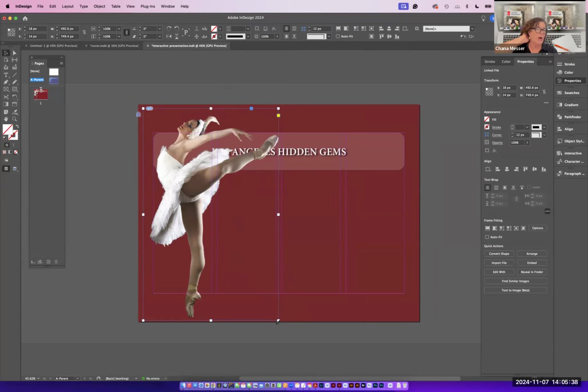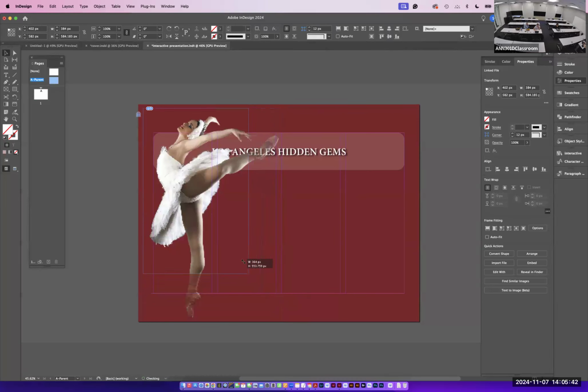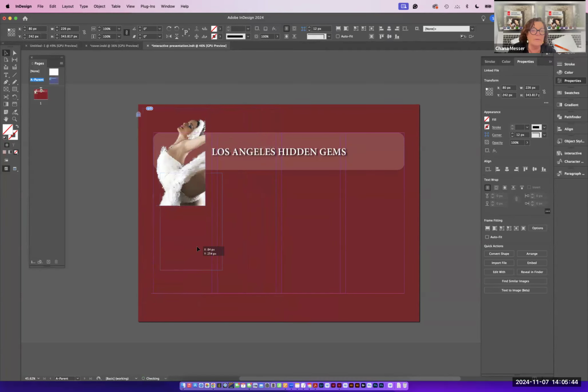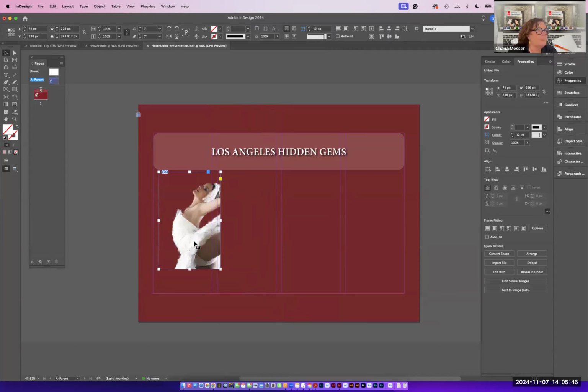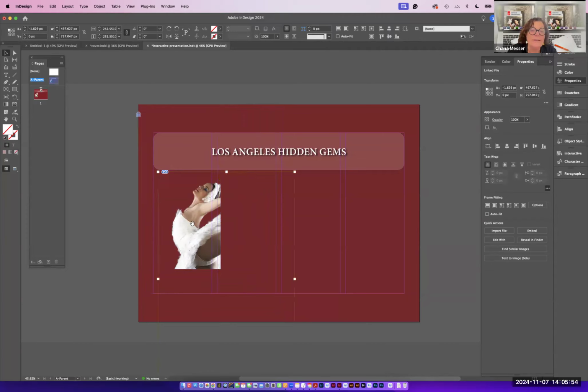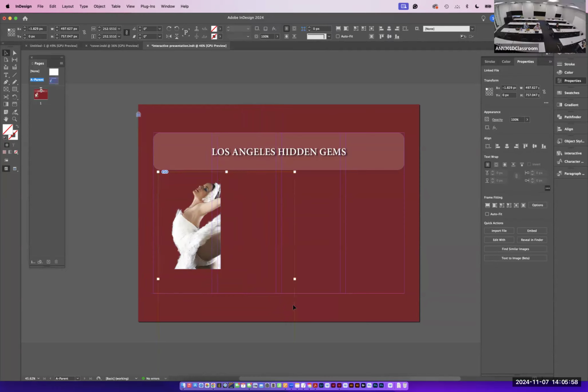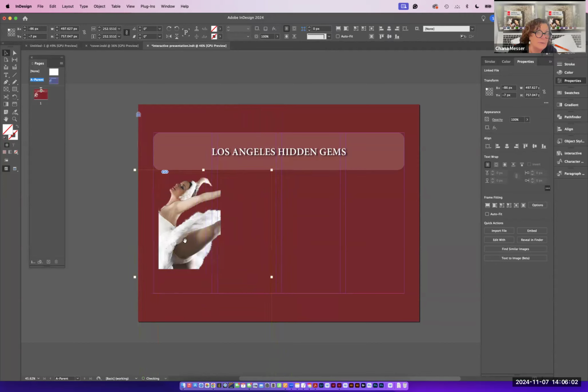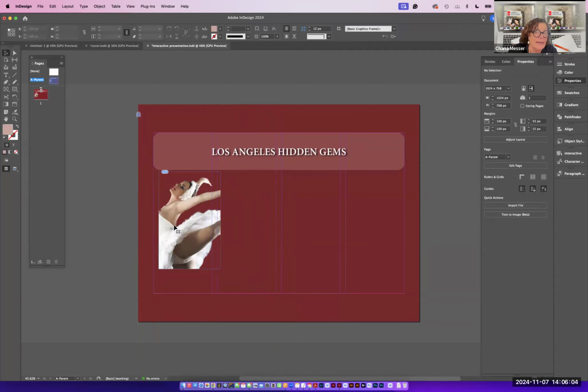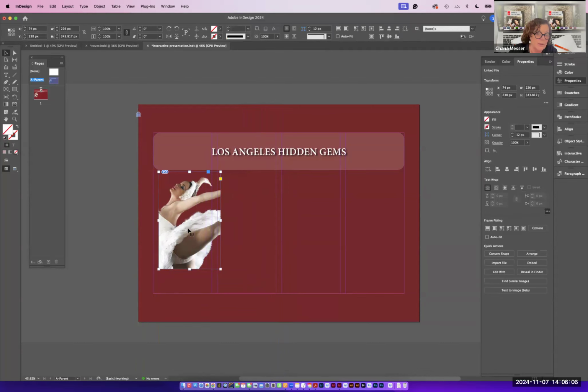Another thing is, now what if I don't like it? If I hold down the Shift key and look at what I'm doing, look what happened. What did I just do? What did I make smaller? The container. If I double click on her, you're going to see her. This is the container, this is her. So I can move her, it's almost like masking inside, or I can double click again to see the container,